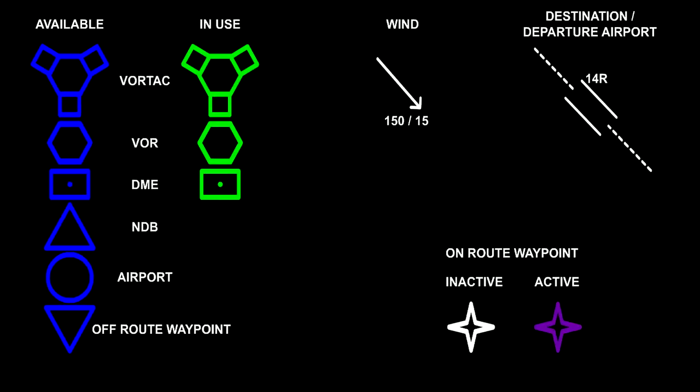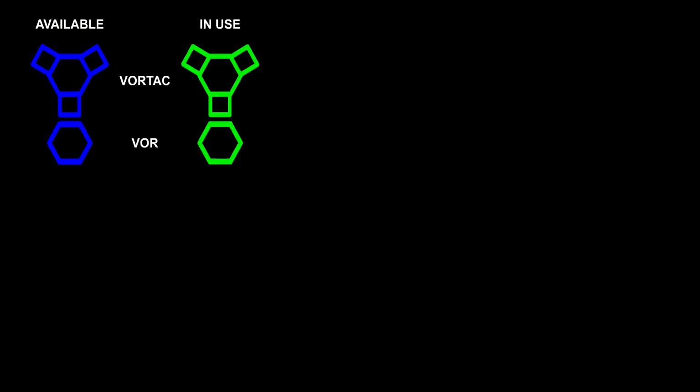Before looking at pages of the display, it is worth getting to know what the various symbols mean. The Boeing 737-800 uses these. This is a VORTAC. As it is in blue, it simply means that it is as indicated in the position on the screen and is available for use but has not been selected or tuned. If selected for active use, it turns green. A VOR is like this. And here it is when in use. This is a DME. And this is a non-directional beacon or NDB.